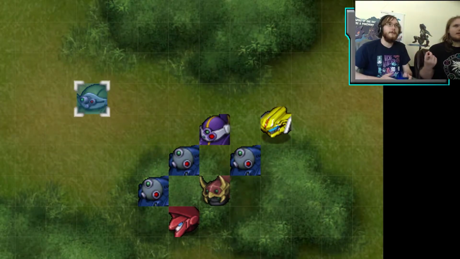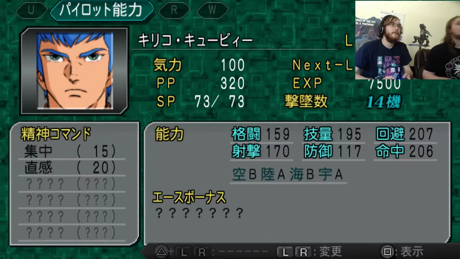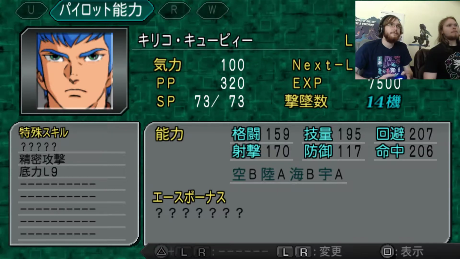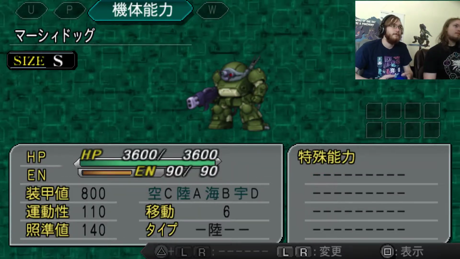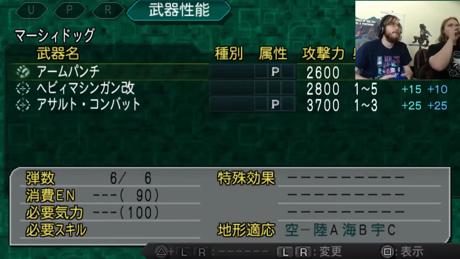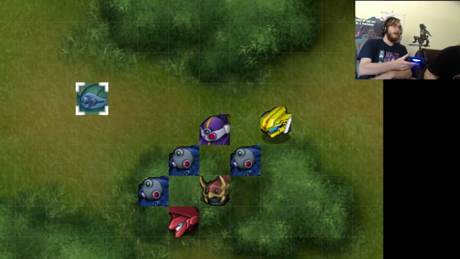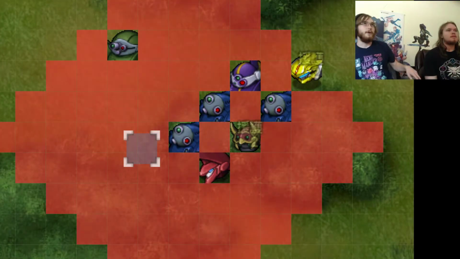And then we have Chirico in his Marsh Dog. Focus and Instinct. Abnormal Survivor, Precision Attack, Prevail level 9. Chirico only came with a single kill. He's got lower armor than everyone else. Okay. That's Arm Punch, Heavy Machine Gun Revise, and Assault Combat. Because it's an older model of Scopedog. But it's outfitted for combat in the marshes and swamps here, so...